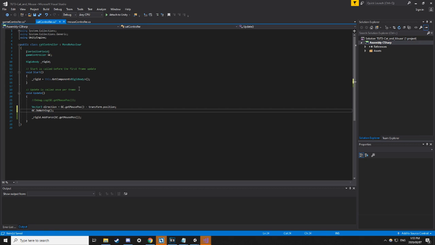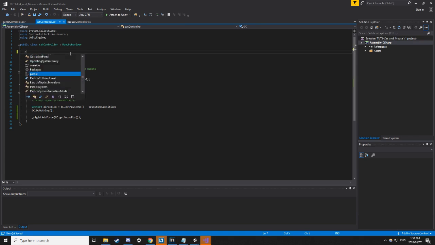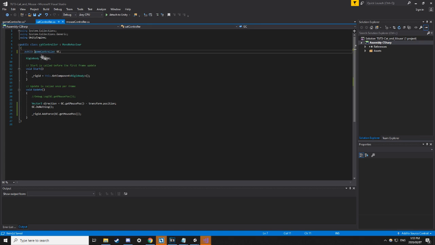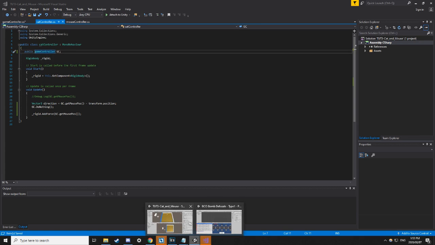So this is not really much different to what I explained to you guys last week, right? Just using different game objects, referencing them through serialized fields, or using public instead of this. So I'll demonstrate. If I say public here, it's exactly the same thing. So public, and then if I go into Unity,